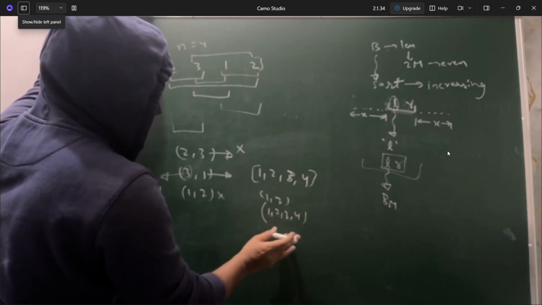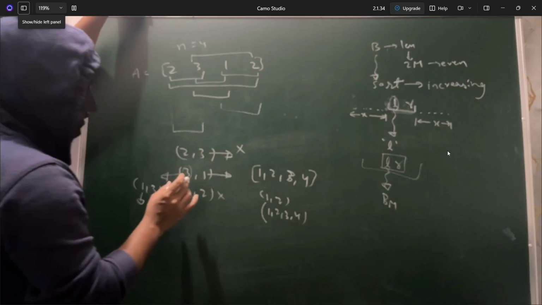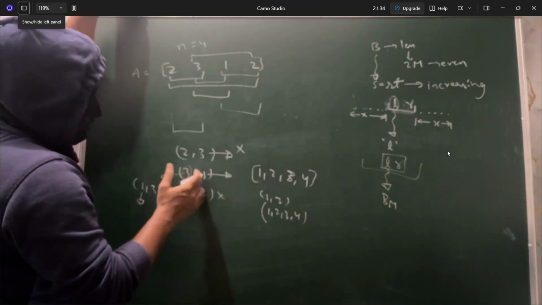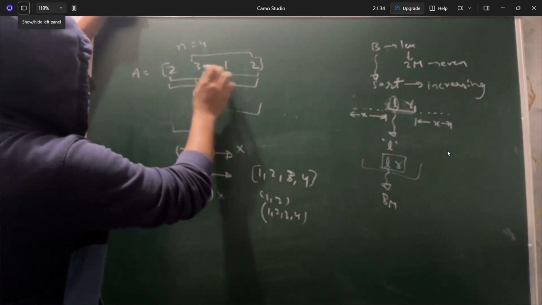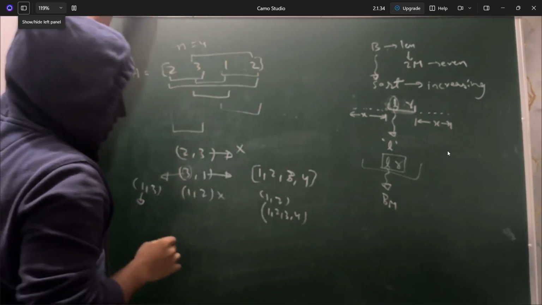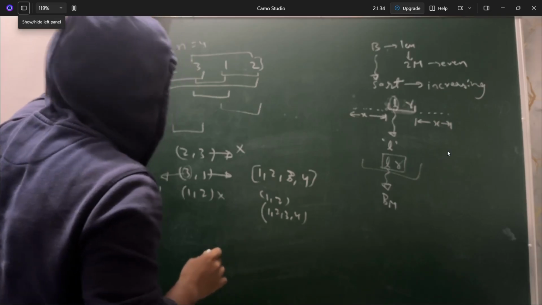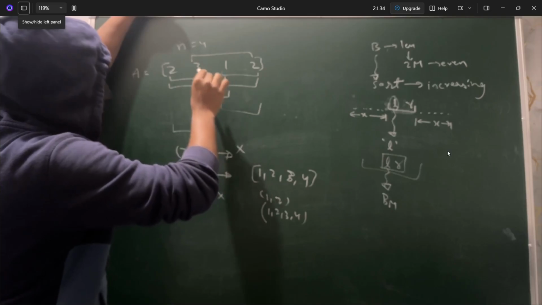That's why in case of sorted subarrays you will not get any answer. In case of unsorted, like 3 comma 1, which is not sorted, you will get the answer. In this one also, if you see, 2 3 1 2 is not sorted, so this whole array can be a subarray. And I'll explain why I'm not taking the whole array, because there may be a chance that